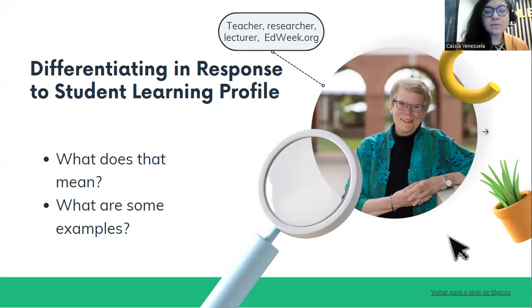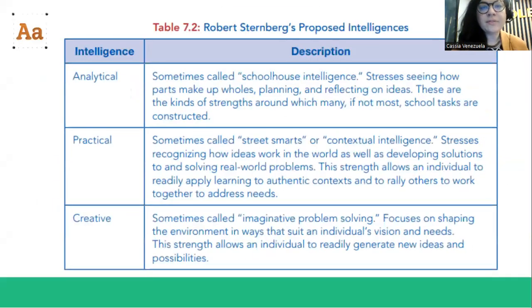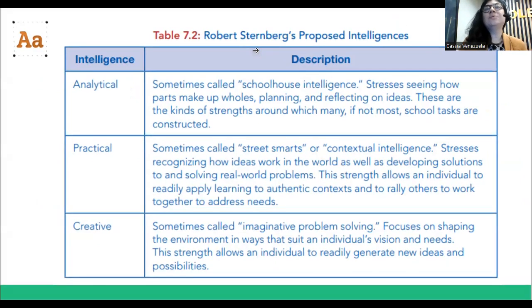All right. So the first thing that we have to be aware of is the sources from which Karen Tomlinson got her ideas. So she talks about this researcher, Robert Sternberg's proposed intelligences. I already think that this theory, it's too limiting. I don't think that we only have three kinds of intelligence at all. But I think it helps to know that in school or when we're trying to learn something, we can have these three different approaches. Analytical, which is people who